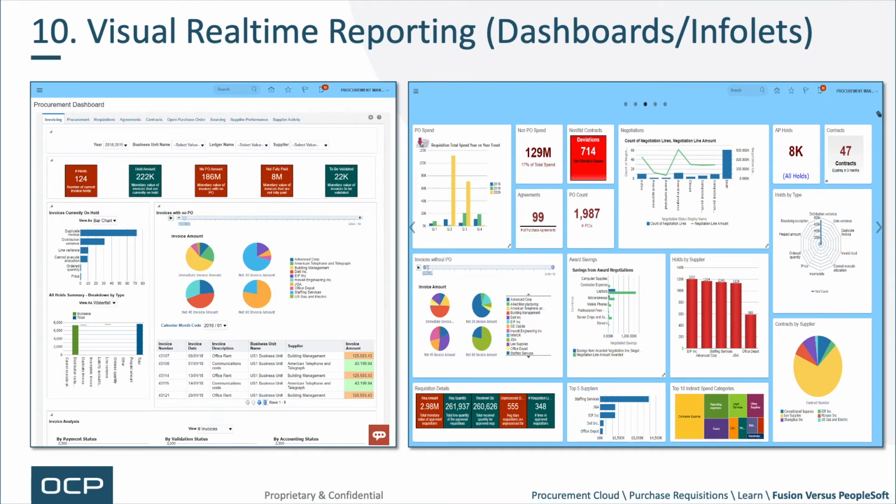So next up, visual real-time reporting. There's a tremendous amount of reporting, and there are two major differences in Fusion compared to PeopleSoft. In PeopleSoft, I have OTBI, or BI Publisher rather, and so I can create queries. But the ease with which I can append visually appealing output is better in Fusion. The ability to create tiles, because the infolets and the pivot tables never really took off in PeopleSoft,